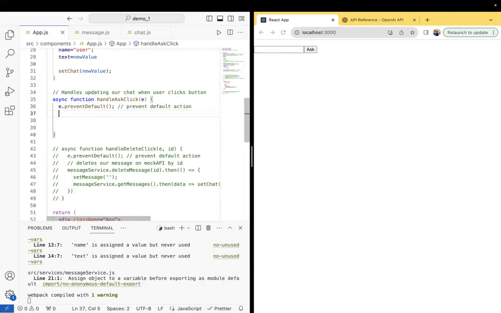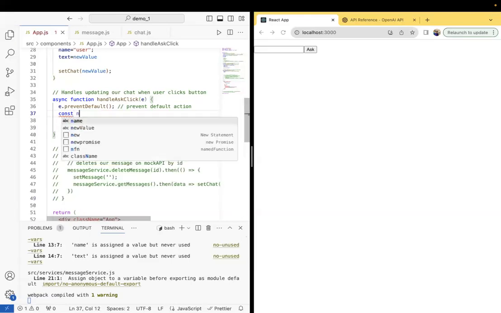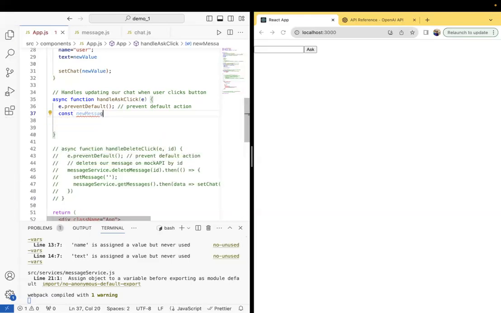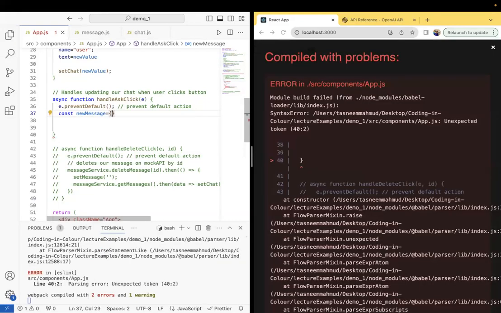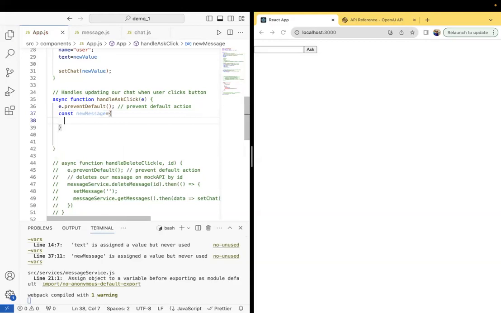Let's create functionalities for this. So the first thing I would like to do is create the main structure of our new message. So I'm gonna write const new message is equal to, and let's put in